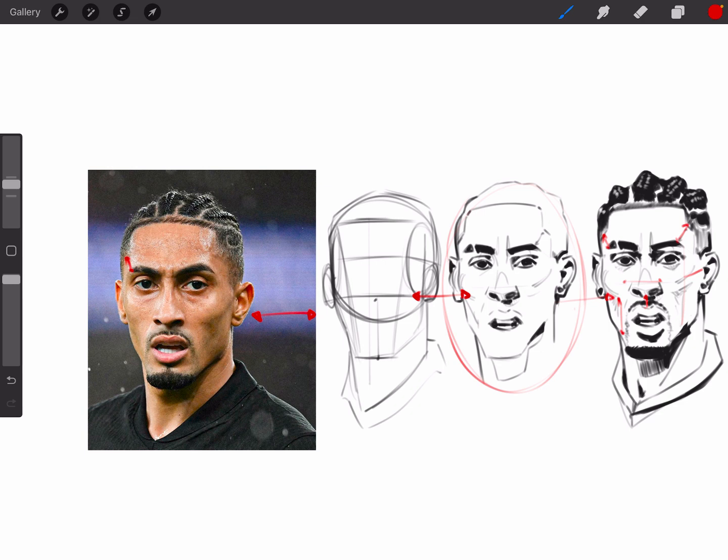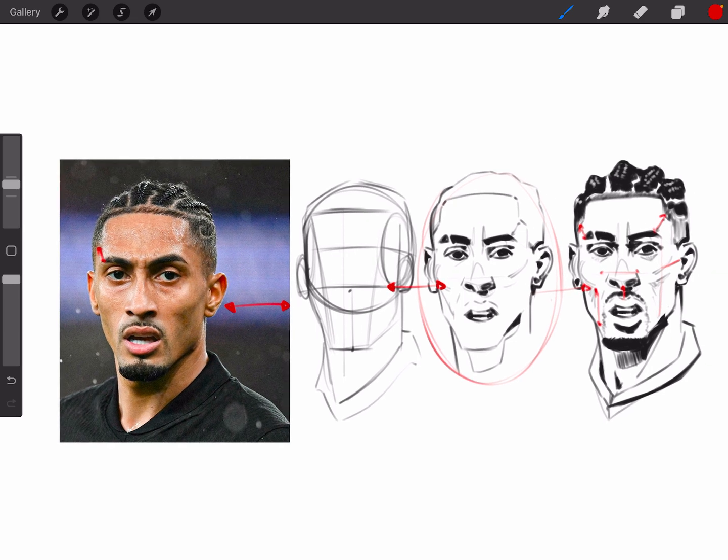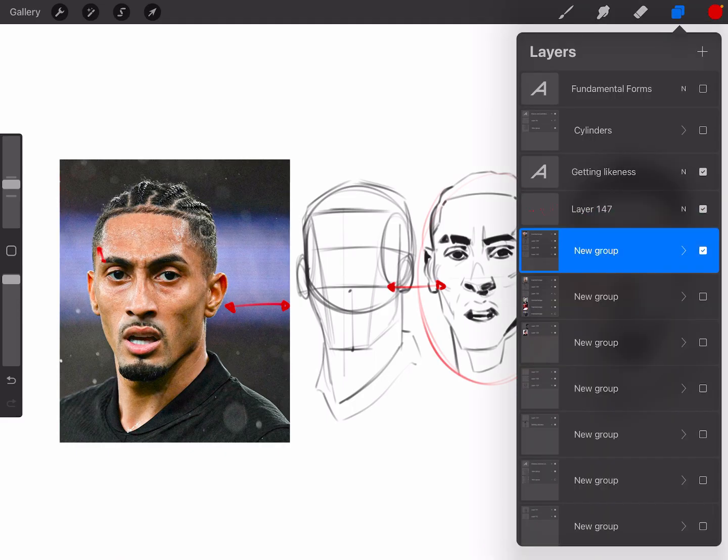But what I'm trying to say is, this is actually not difficult. You just have to go through a bunch of, not even a lot, maybe 5-10 studies, and then you start to see similarities between what you're drawing. Everyone has cheekbones, everyone has eye sockets, and most people have hair. So if you can just find these landmarks and put them accordingly, then for example, if I were to